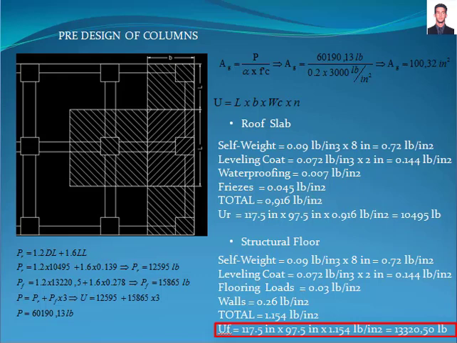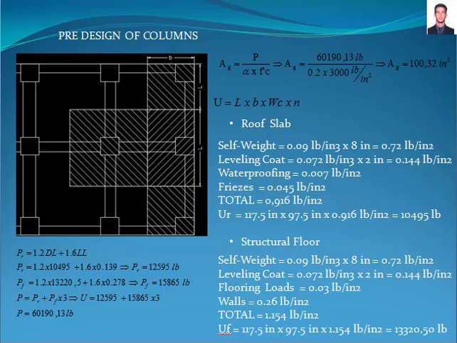The axial load transmitted from the structural floor to the columns is 13,320.5 pounds. Live load: according to the American Society of Civil Engineers, Table 4.3.1, minimum uniformly distributed live load, for an ordinary flat roof the uniform load is 0.139 pounds per square inch,